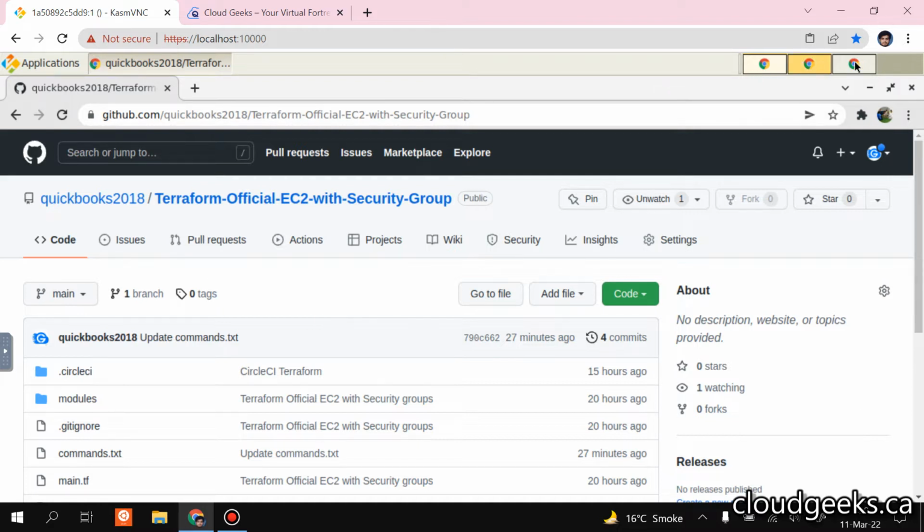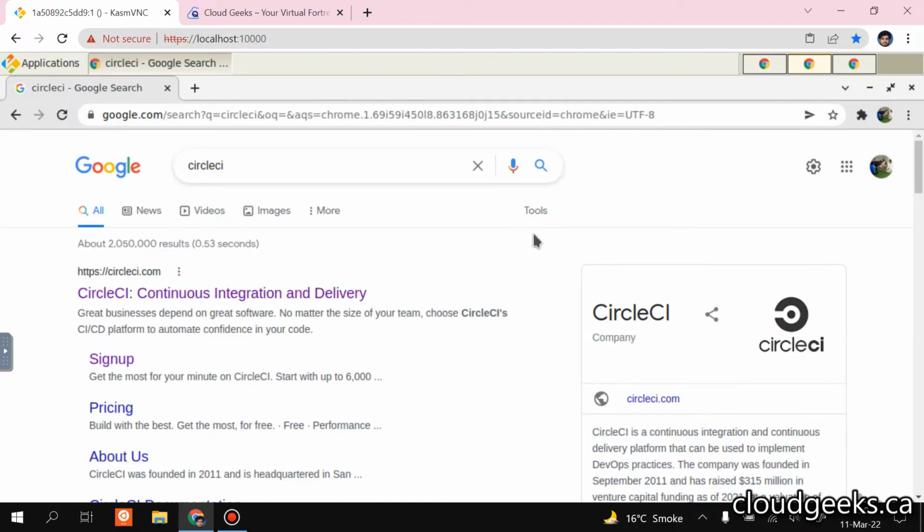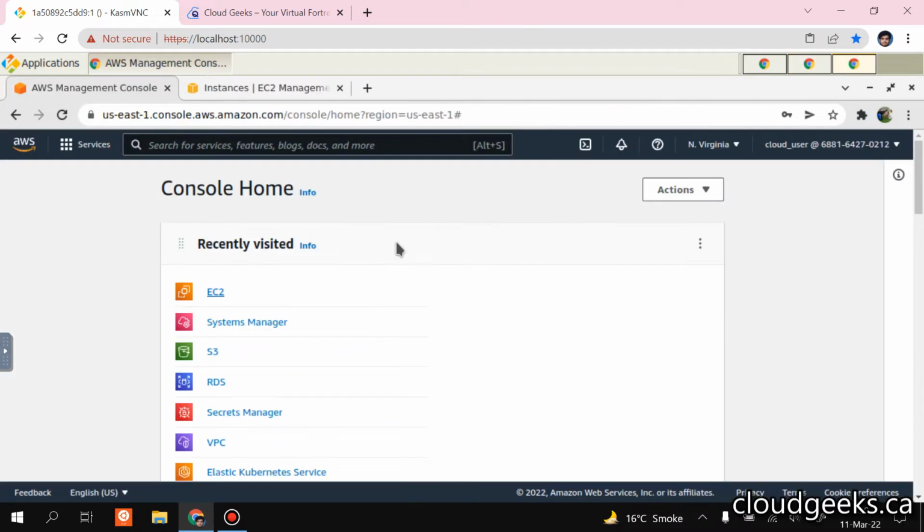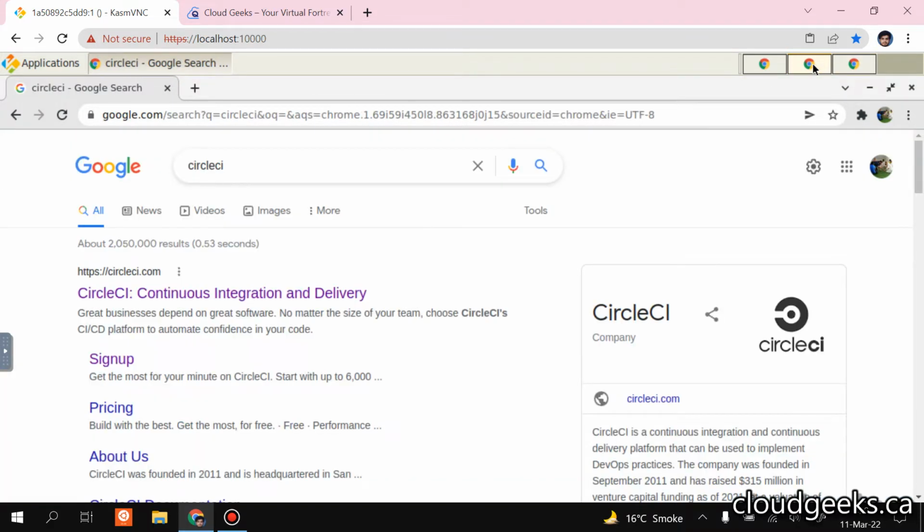So these are the three workspaces. In this, I have my repository. In other, I have CircleCI. I'm going to show you from the scratch. So this is the AWS account where we are looking to deploy our infrastructure. If you type on Google, click on this